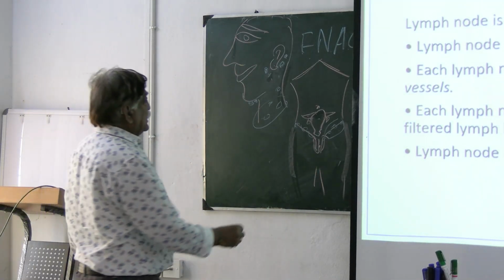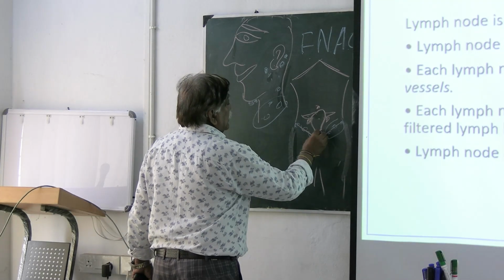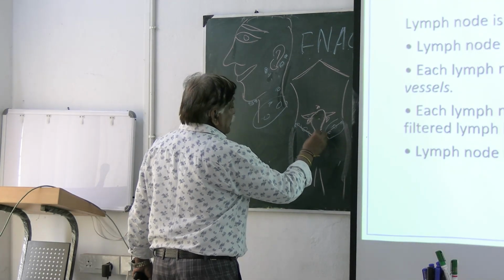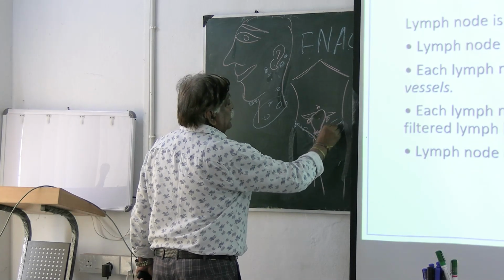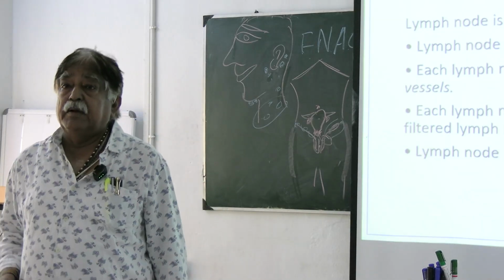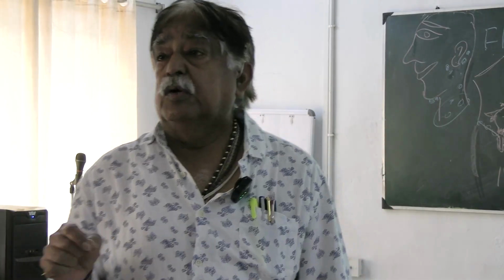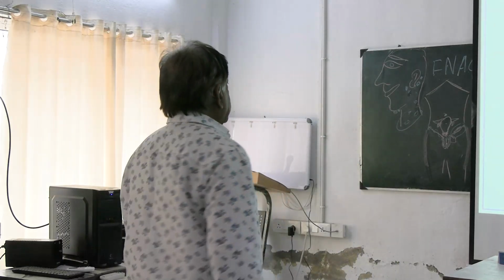Now, if there is any malignancy in the organ, the lymph drains into the inguinal lymph nodes. So, but not always. Then you ask her, then you do the gynecological examinations. It might be that